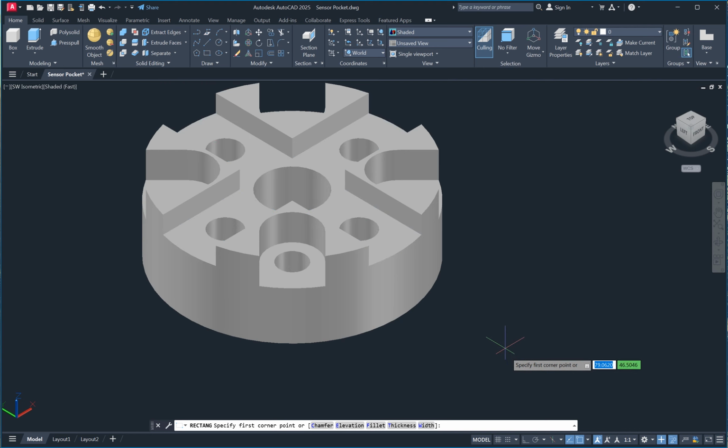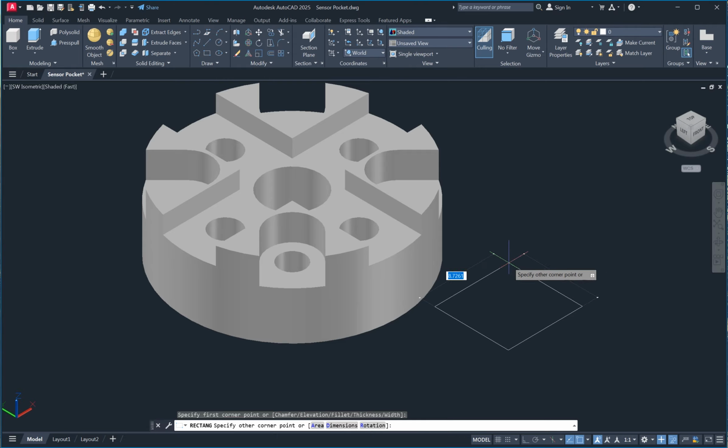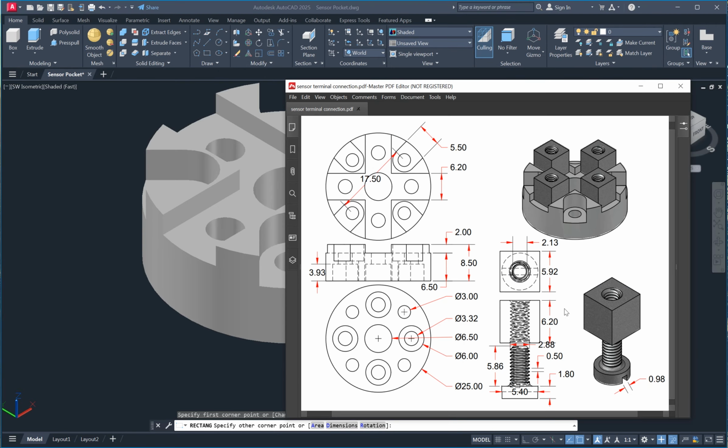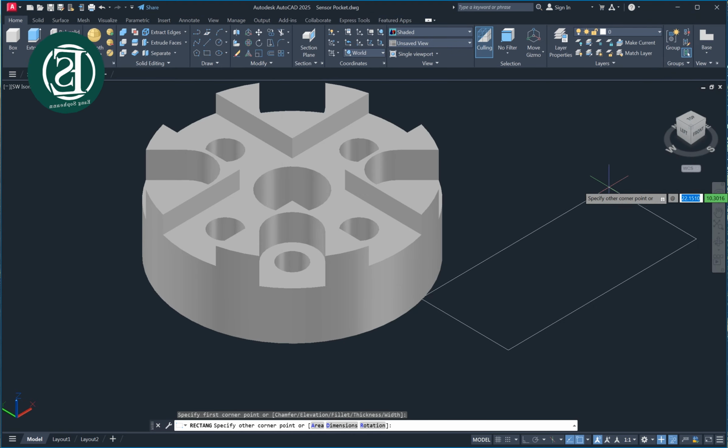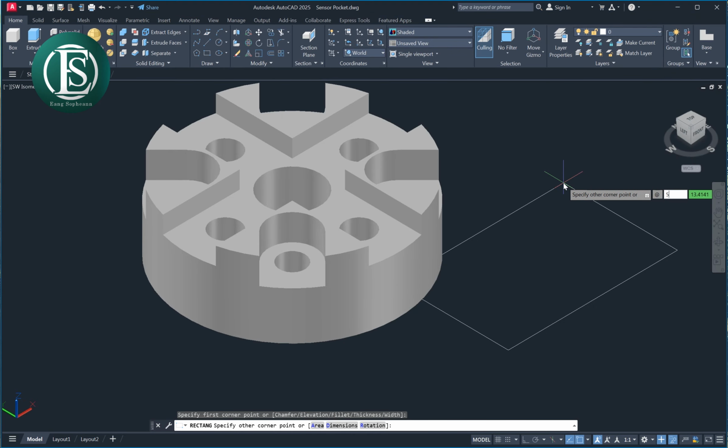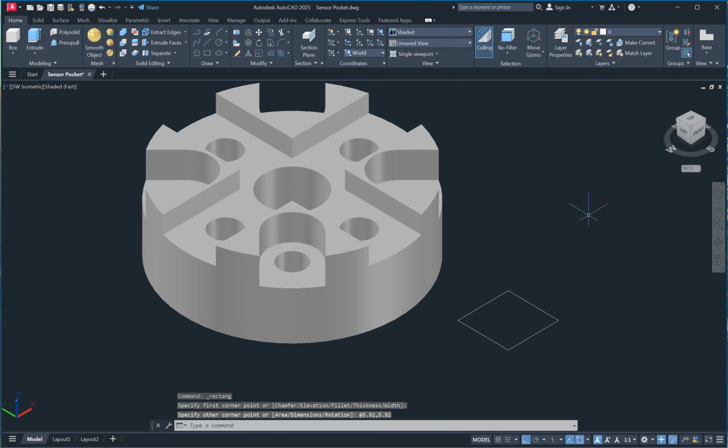specify first corner point, click one, and then we give add 5.92, 5.92, enter.